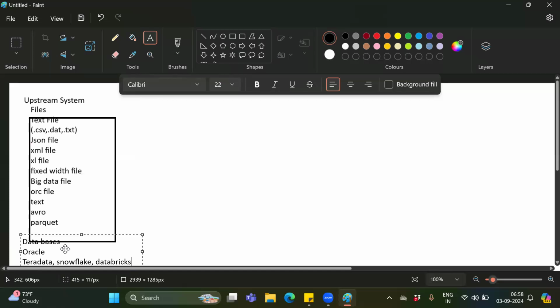So there are many databases. It depends on the project, which project you are running. You don't need to worry. You just understand what is my file and how I have to load that file into my target. That you need to think for now.